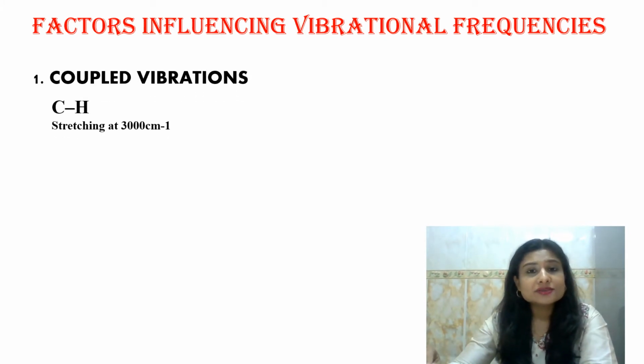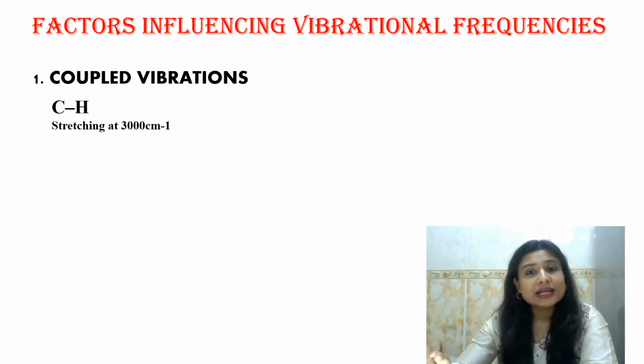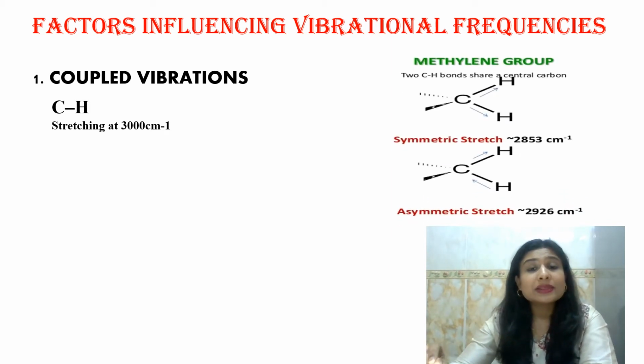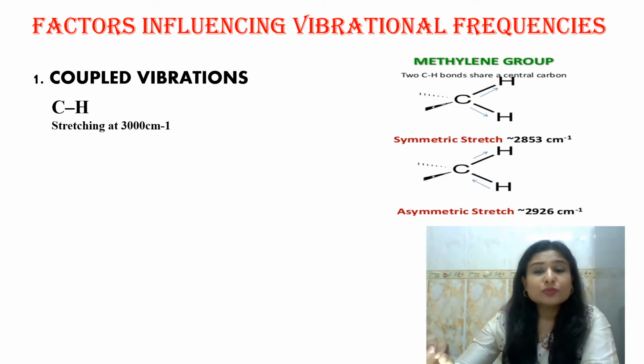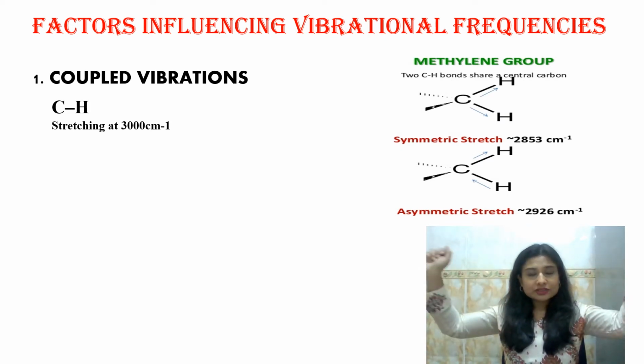Now when we are considering an isolated CH molecule, there is only one CH bond and therefore it produces only one absorption band that appears at around 3000 per centimeter. Okay? But when we consider a methylene molecule, it has two hydrogen atoms and therefore two CH bonds. Both these bonds vibrate in different directions and it gives two types of vibrations. One is asymmetric stretching like this and one is symmetric stretching.